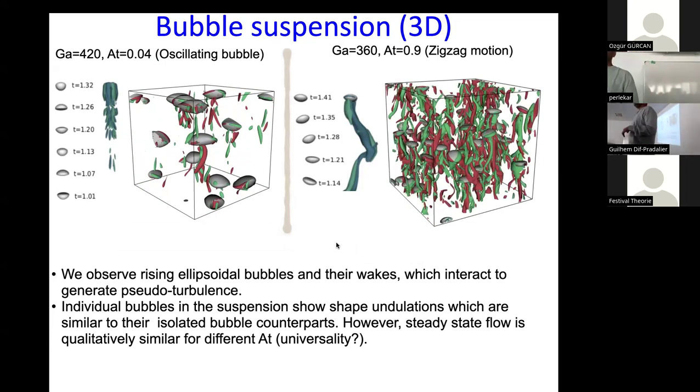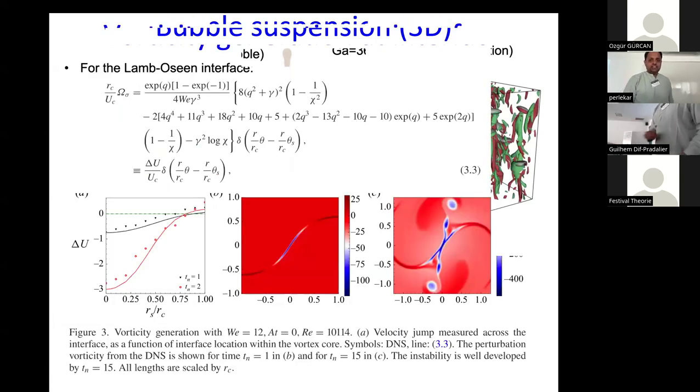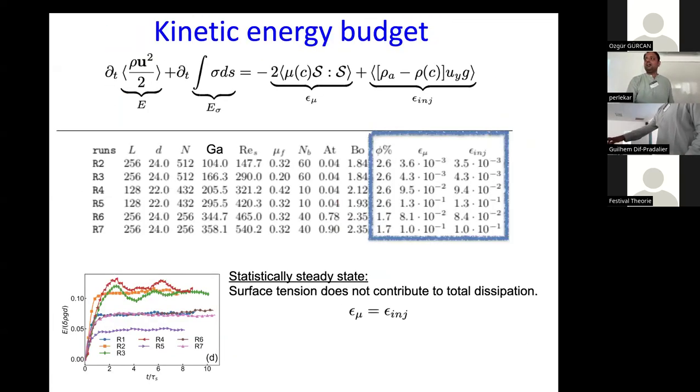Now a question. Are the statistical properties of this mess identical to this mess? That's the thing which we wanted to check. And remember, the two are at very different Atwood numbers. This is Atwood 0.04 and this is Atwood 0.9. Why is the Galilei number different? Oh, because I wanted to do a scan. When one says large, it's not clear what is large, right? So is 300 a large Galilei number, is 1000, is 10,000 a large Galilei number?